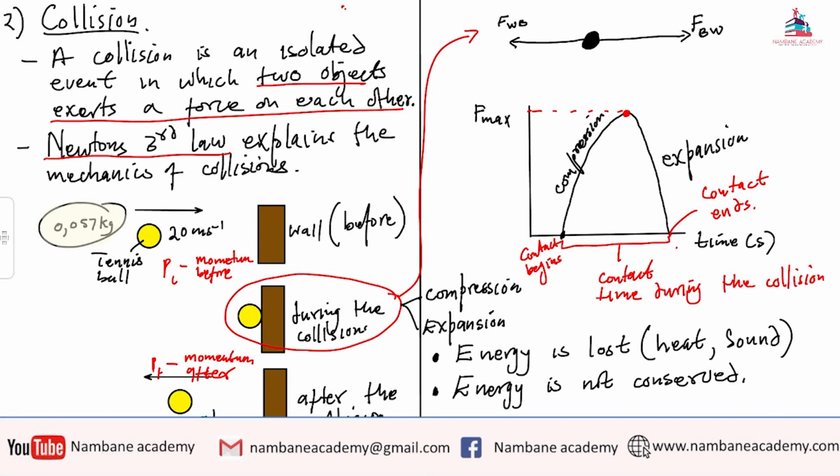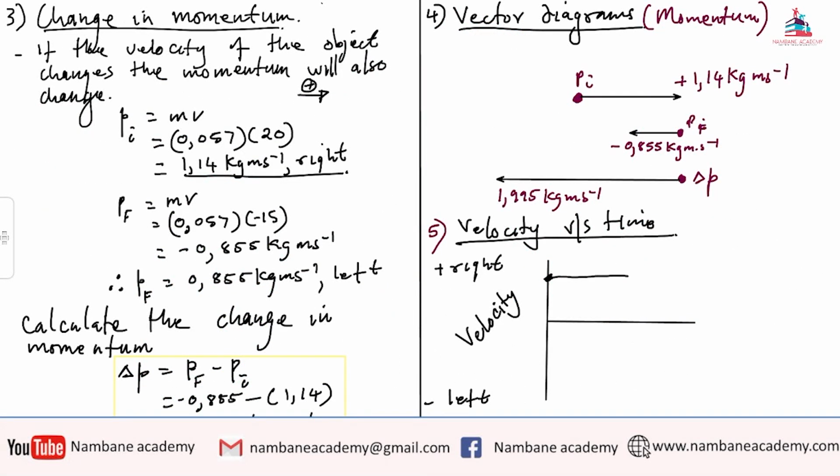No, sir. It lost some of its energy, so for it to change direction, it should actually come to 0. It must stop, ladies and gentlemen. And then once it has stopped, it means now it is changing direction and coming into the left hand side,